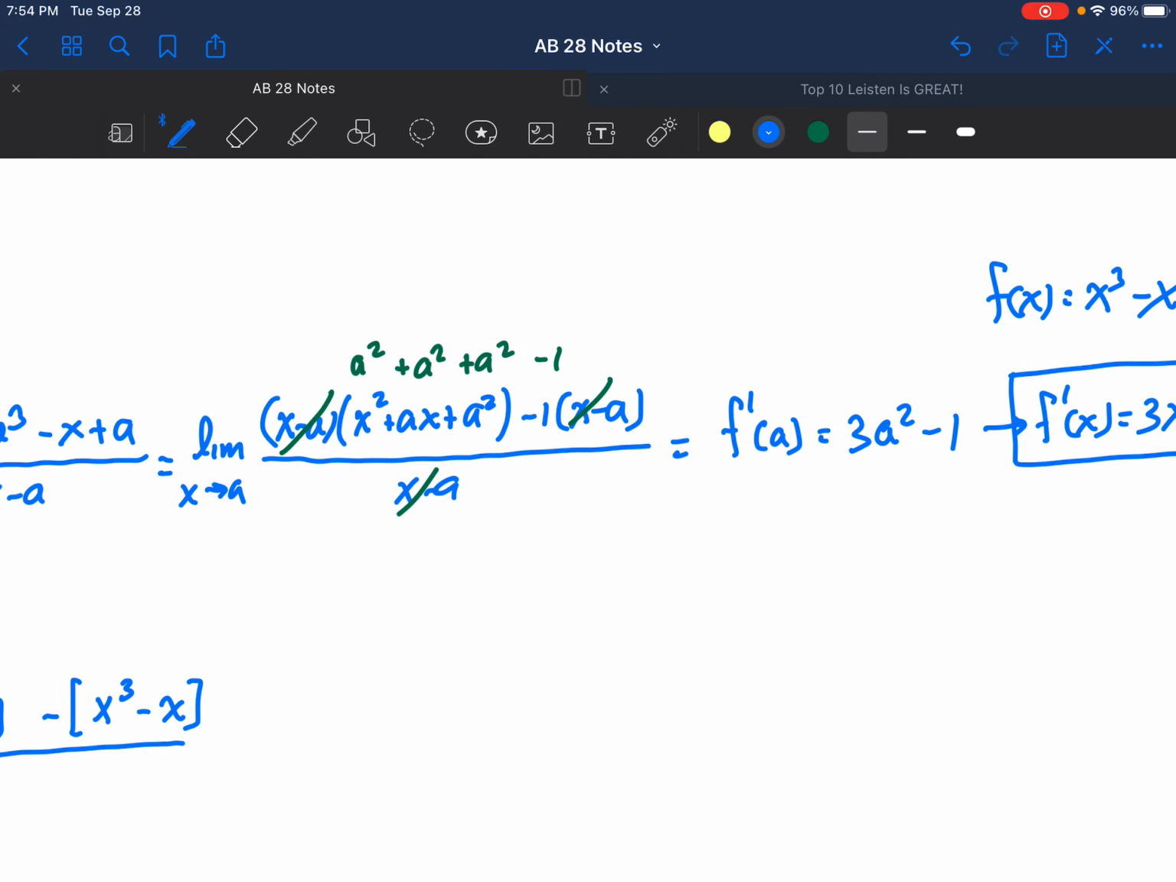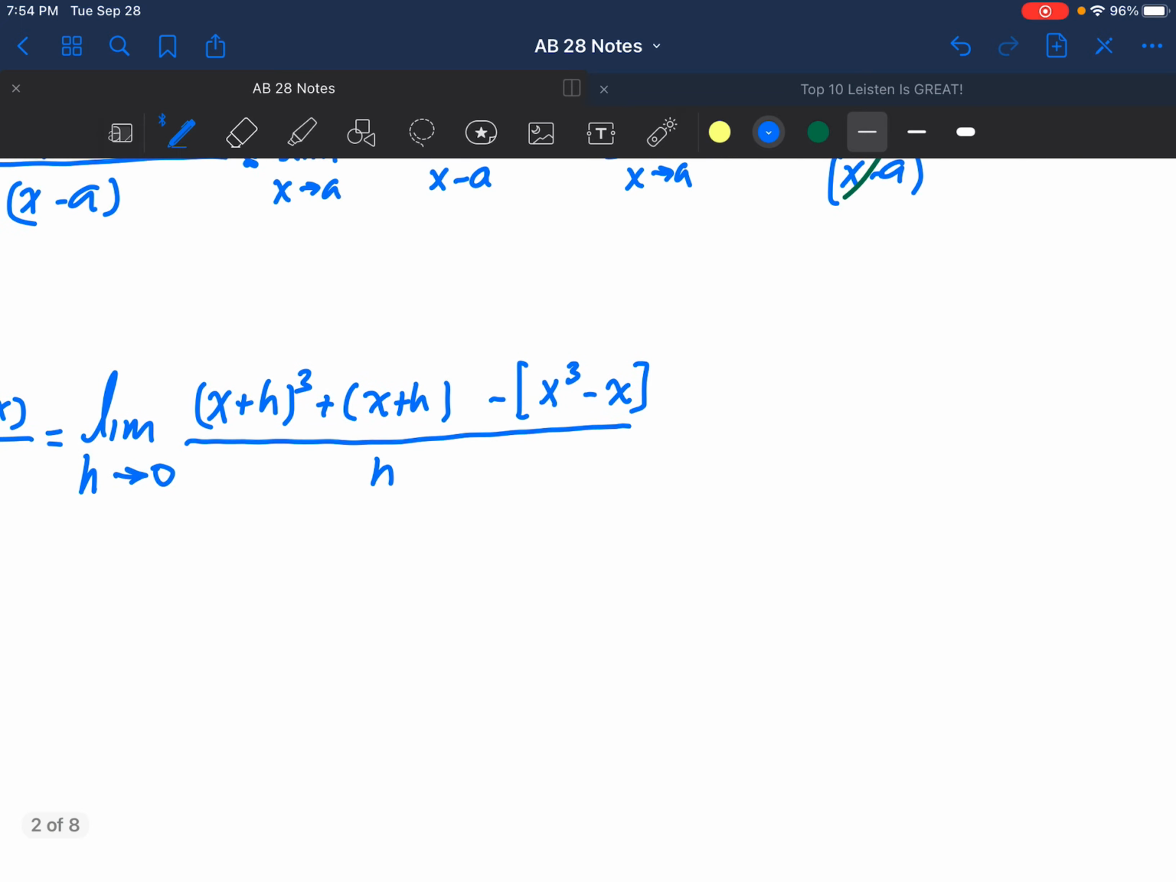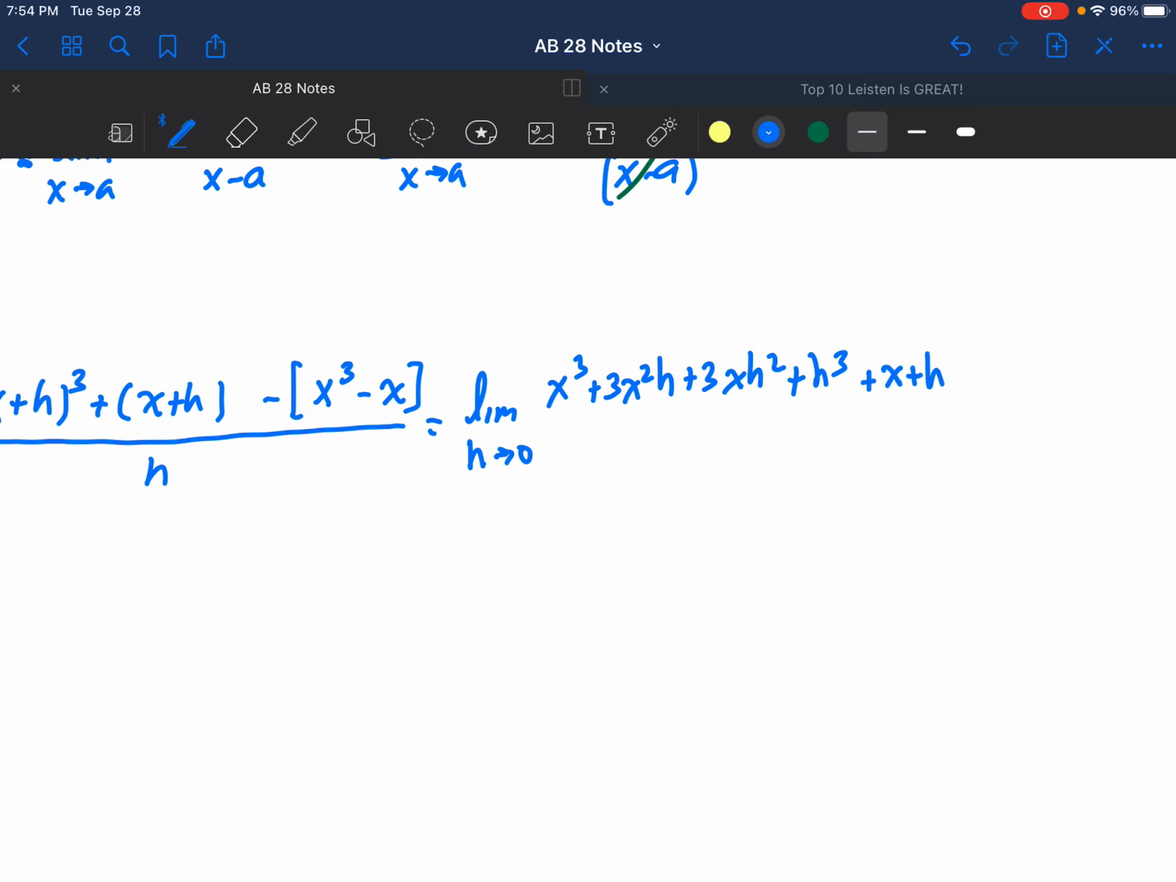Seeing that done out now, that is one limit definition, useful if we're factoring and we're looking for that x minus a factor. If instead we're using our h approaches 0 notation, I'm going to expand the parentheses. I'm going to multiply that out. This will give us the limit as h approaches 0 of x cubed plus 3x squared h plus 3x h squared plus h cubed plus h, subtract x cubed, add x,